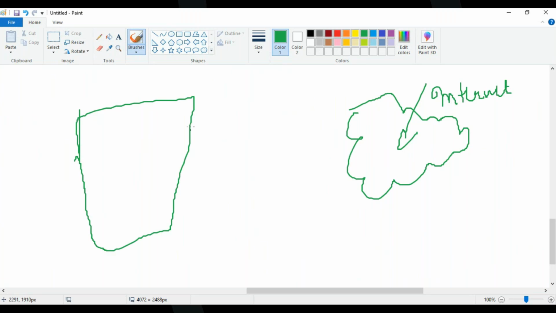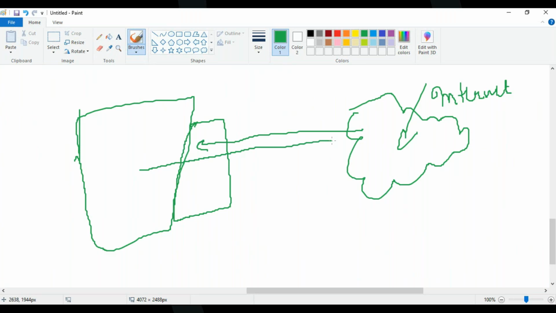So this is where the firewall would be. Whatever traffic is coming from the internet, and whatever traffic is going from my local area network to the internet, the firewall will monitor it and will block the malicious packets coming from the internet. If any malicious request comes in a packet, it will be blocked by this firewall. So the main position of the firewall is between two networks, most commonly between your LAN and the external network,